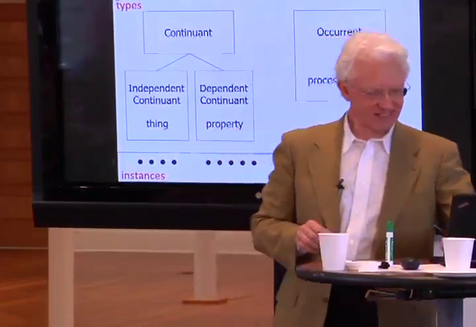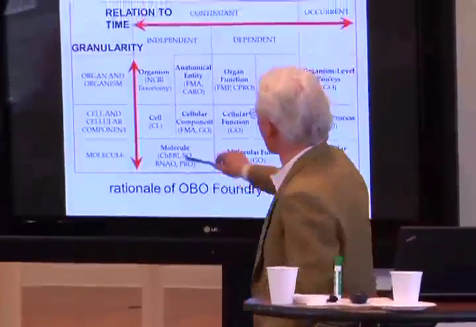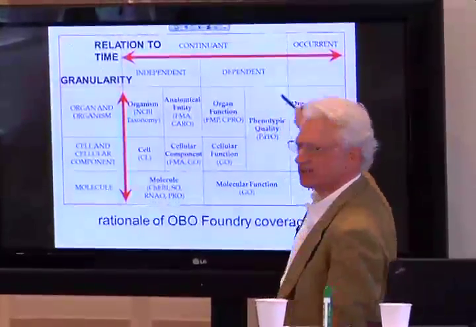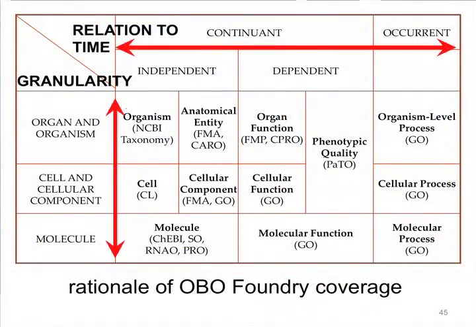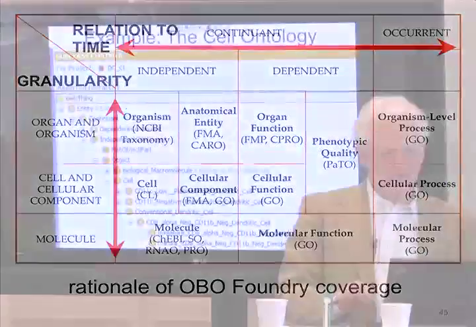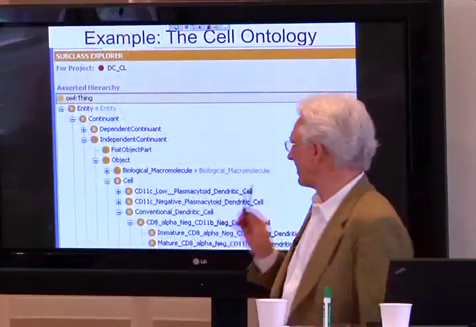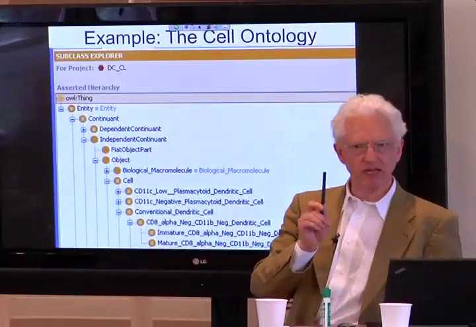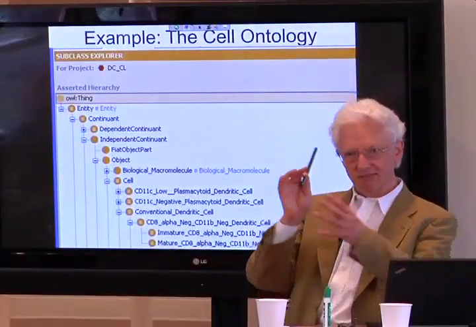So the architecture of the OBO Foundry is based on this threefold distinction. The continuants are independent continuants, which is the anatomy and molecular biology. The dependent continuants are the qualities and functions, and the occurrents are the processes. And this is granularity here. And I already described this, but I'll say it again, because this is probably the most important thing I will say. So I'll say it